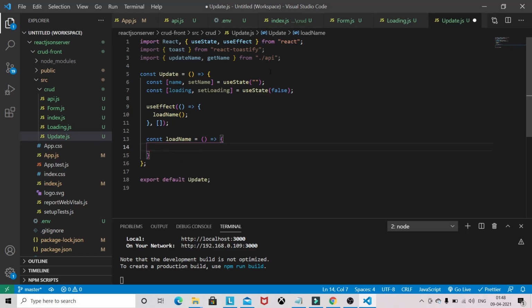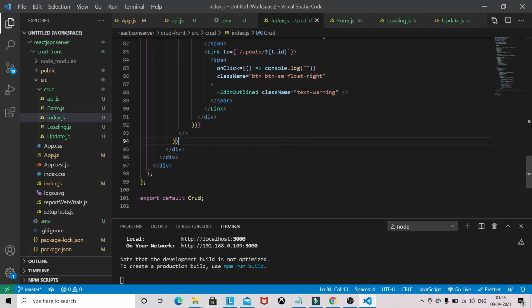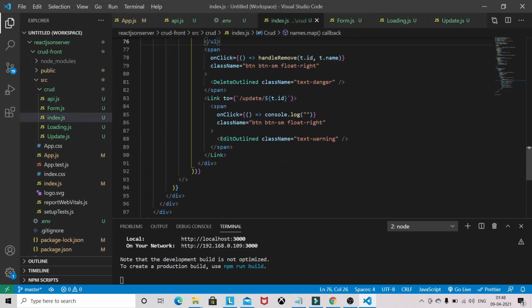Okay, so we need something from here. So this route is going to be registered. If the route is registered, then you can destructure the history and match props. We need this because here we are mentioning the ID in the URL parameters.